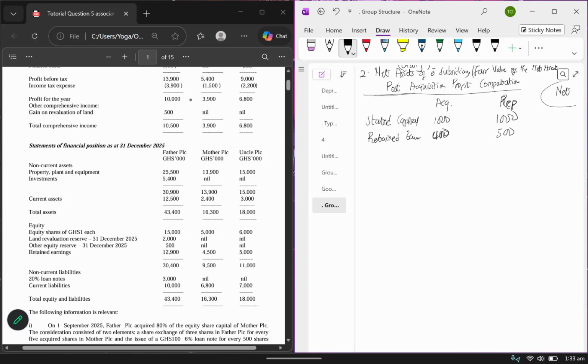But there are some questions where they will not give you the retained earnings at acquisition. However, they will give you other components to help you derive the retained earnings at acquisition. So what do you need to derive it? You know that the retained earnings is a portion of the profit for the year that has been retained, or let me say, kept instead of paying them out as